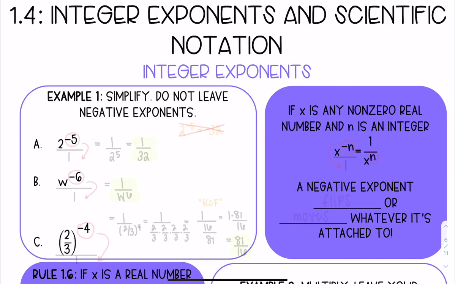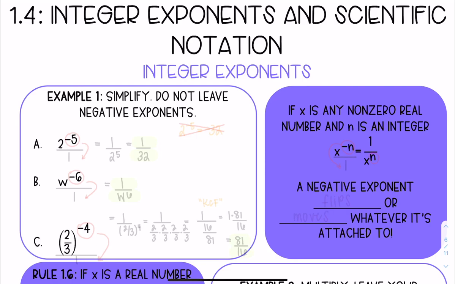Section 1.4 is on integer exponents and scientific notation. So the first thing we're going to discuss is a set of rules that comes with integer exponents. The first rule we want to look at is if x is any non-zero real number